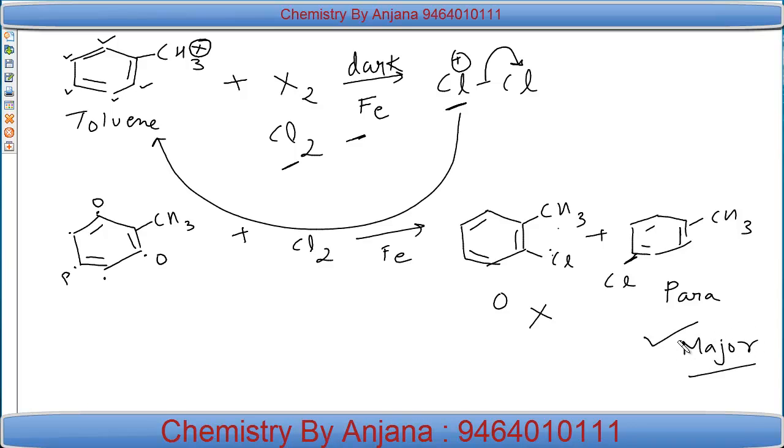So if we conclude both the cases which we have just discussed, one is if we give Cl2 to alkane in presence of light, we get substitution and result is alkyl halide. But if we take same Cl2 in presence of iron catalyst and no light, we get electrophilic substitution reaction where an electrophile substitutes another electrophile, that is hydrogen. तो ऑर्थो और पैरा पोजीशन पर लगे हुए हाइड्रोजन्स को सब्स्टिट्यूट करके these 2 possibilities are there, जिसमें मेजर प्रोडक्ट